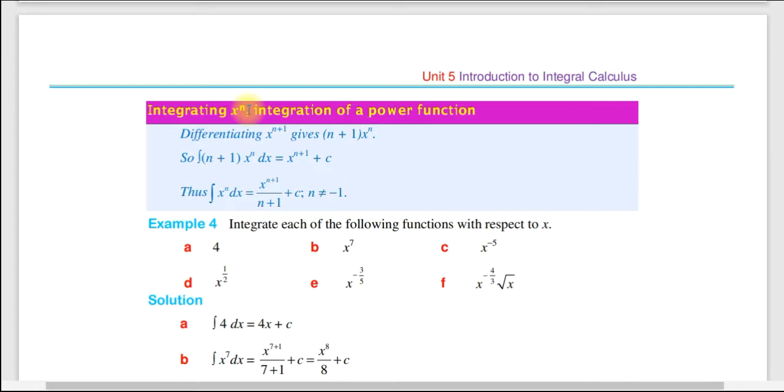ሌላው ደግሞ the integration of x to the power of n, or simply integrating x to the power of n, the integration of power function ማለት ነው ባጭሩ። So differentiating x to the power of n plus 1 gives n plus 1 times x to the power of n፣ differentiate ስናደርግ ከዚህ ቀደም በሌላ ዩኒት እንዳየነው ማለት ነው። So the integral of n plus 1 times x to the power of n with respect to x is equal to x to the power of n plus 1 plus c ነው።